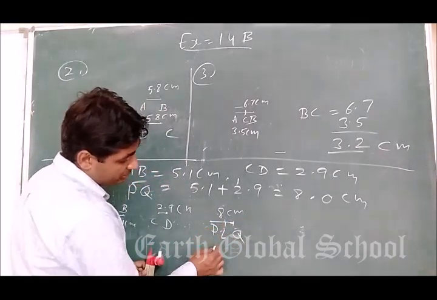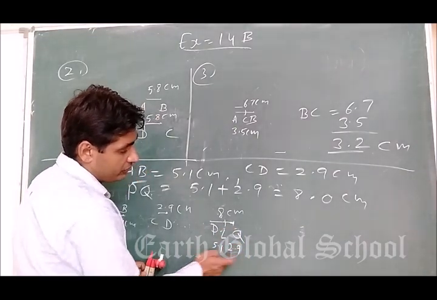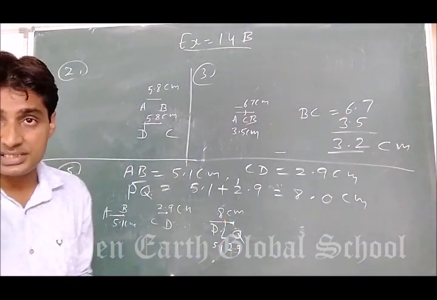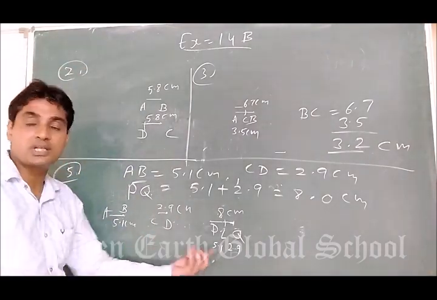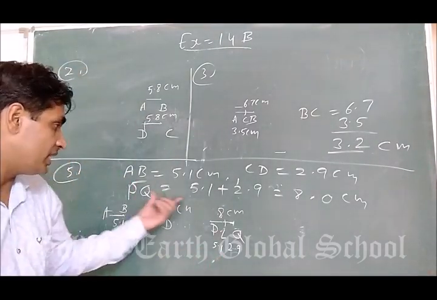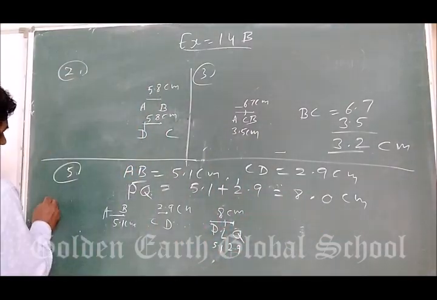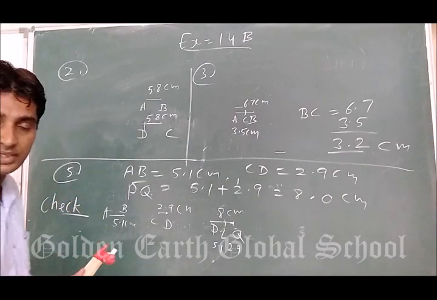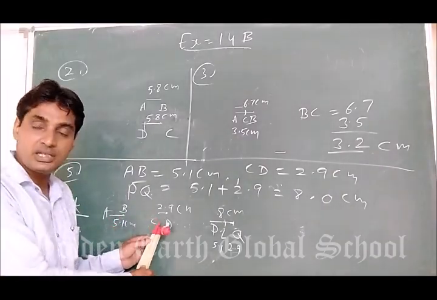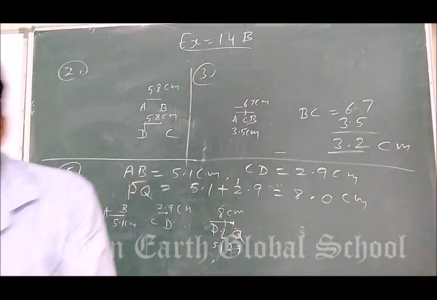ठीक है, तो इसका मीनिंग क्या है? This is 5.1 and this is 2.9. If you add, then it is 8 centimeter. Understand that only you have to check. You know that when adding it is 8 centimeter, but they have said that you have to check. So how you can check? By compass you can check easily. Okay, so similarly